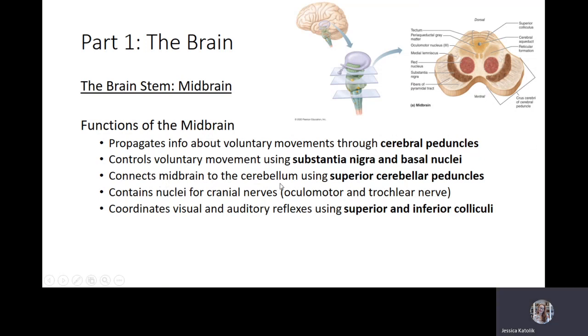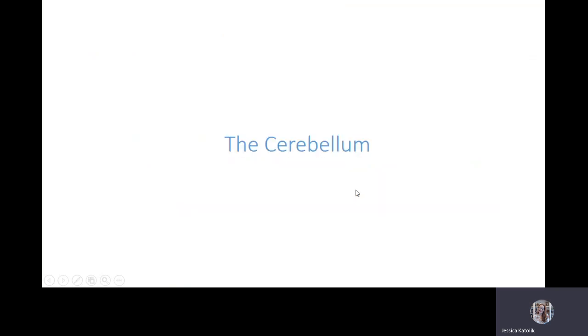The midbrain and the cerebellum are also directly connected and communicate through the superior cerebellar peduncles. And there will be two cranial nerves originating in the midbrain, the oculomotor nerves and the trochlear nerves. Both of these,